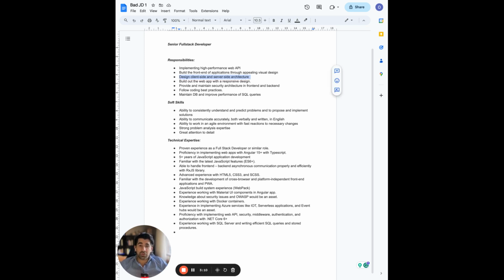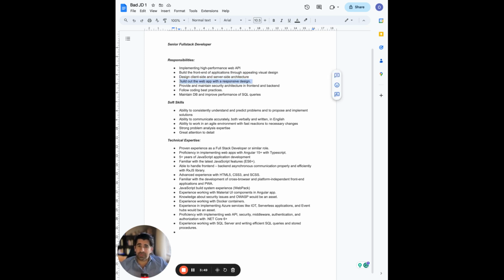Design client side and server side architecture. Holy moly. Okay. First of all, server side architecture, fair enough, fairly simple, but client side architecture as well? That's front end engineering at that point. You're not asking for a full stack developer, you're asking for two people. I mean, I'm good at my job. I can architect a backend. I can decently architect a front end, but to do both, that's difficult. You're asking for a tech lead here with a team. Even a tech lead shouldn't be able to do this, or shouldn't be asked to do this.